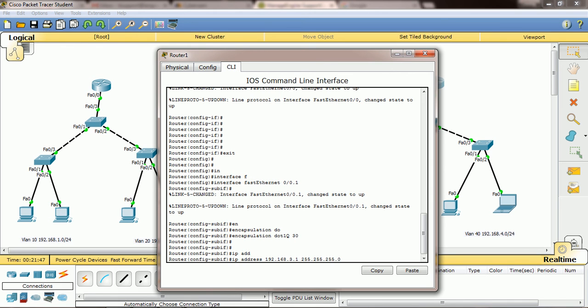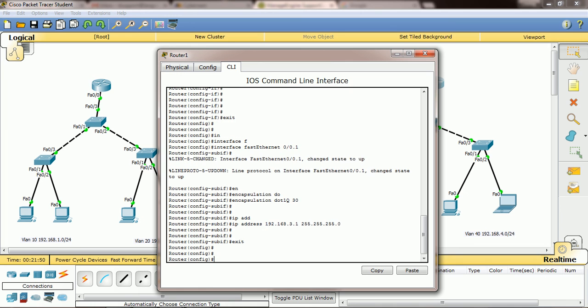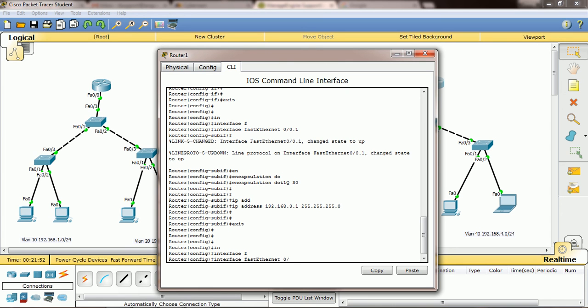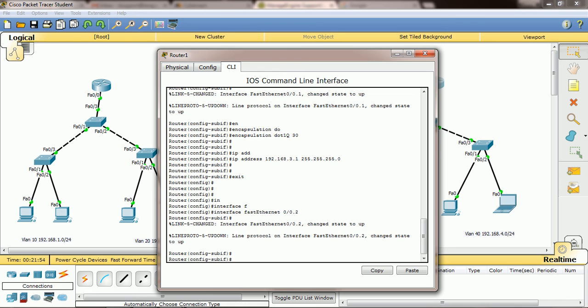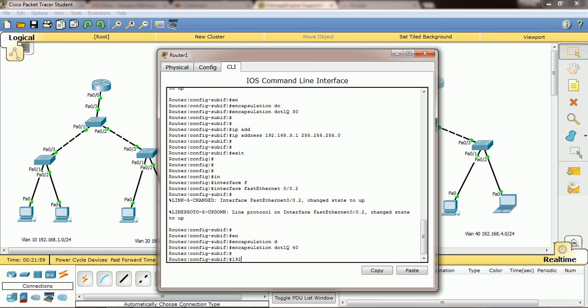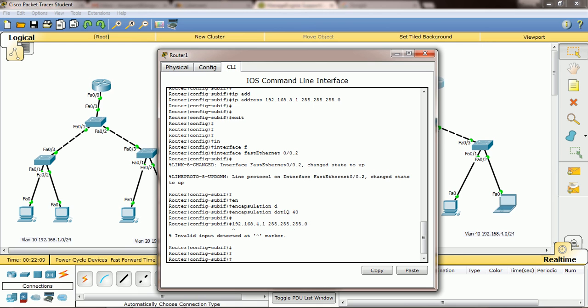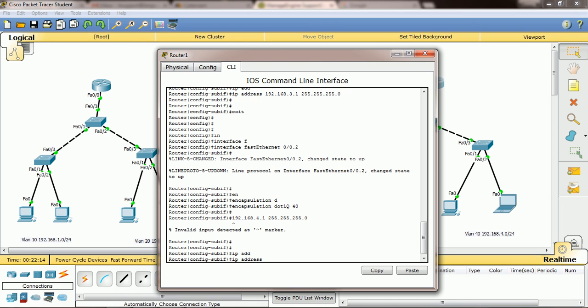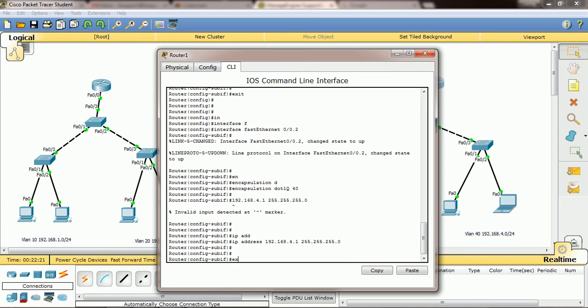Then exit, then enter interface fast ethernet 0/0.2, the second interface, then encapsulation dot1q, that is VLAN 40, right? Then 192.168.4.1, 255.255.255.0. We missed the IP address, so we need to type ip address 192.168.4.1 255.255.255.0, right? So yeah, we did it.